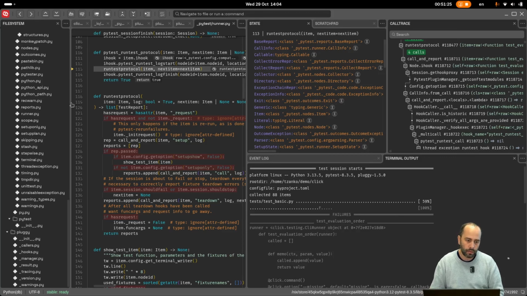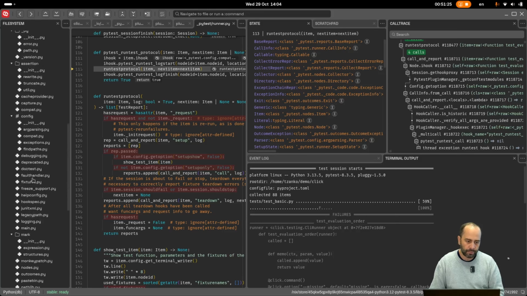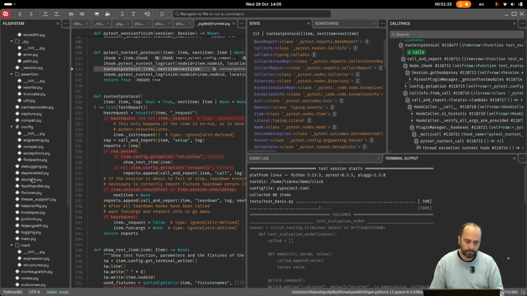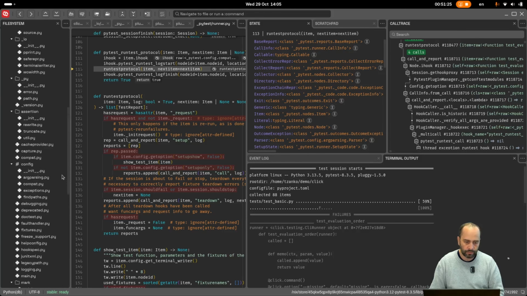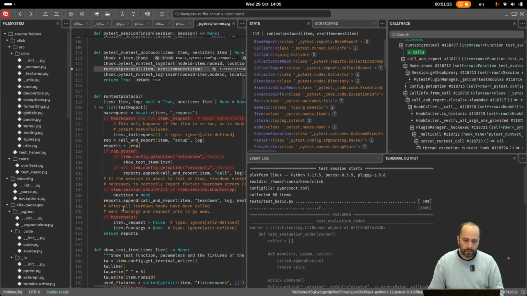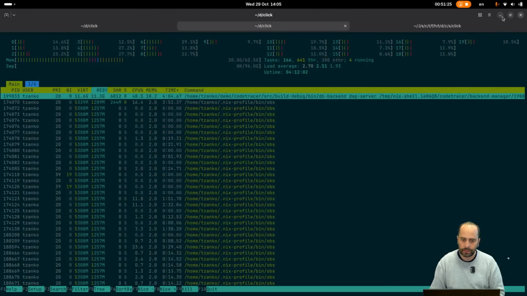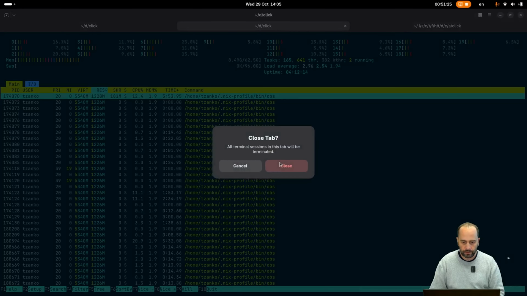So this is PyTest packages and other packages related to that. So we will stop tracing this right now, and we will add a filter. The filter is a file which tells us which files and which functions to trace and which files not to trace. We have a built-in filter